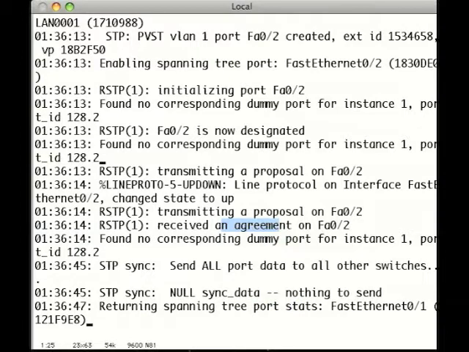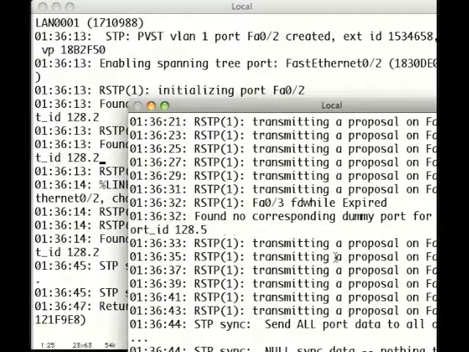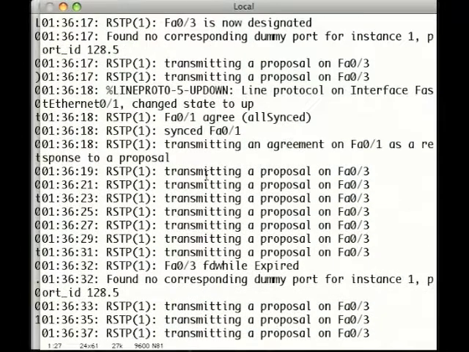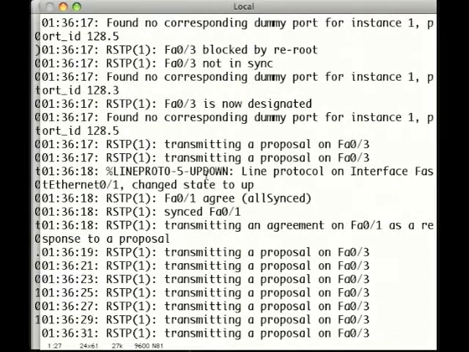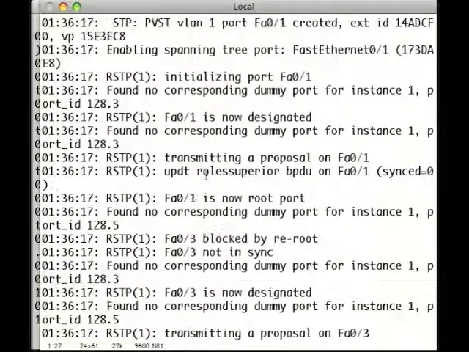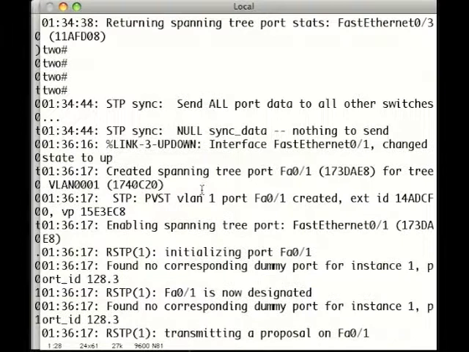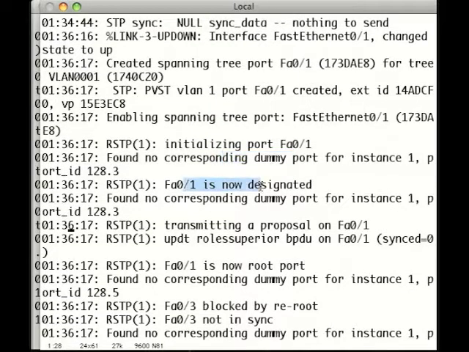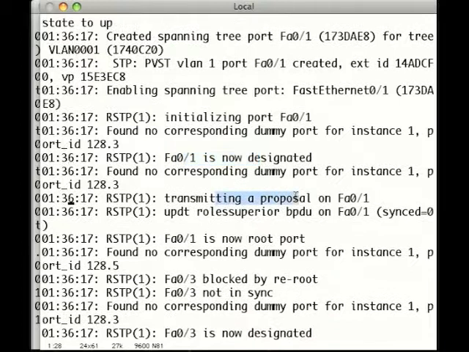Let's go ahead and look at the logs on switch 2 during that time. Spanning tree Fast Ethernet 0/1. Fast Ethernet 0/1 changed state to up. It initialized it in spanning tree, and it was going to go designated. It transmitted a proposal, but it received a superior BPDU